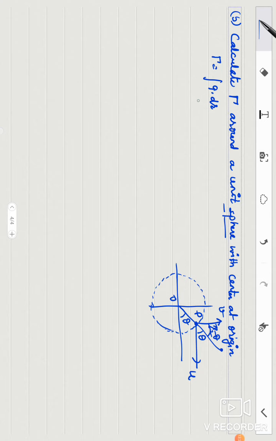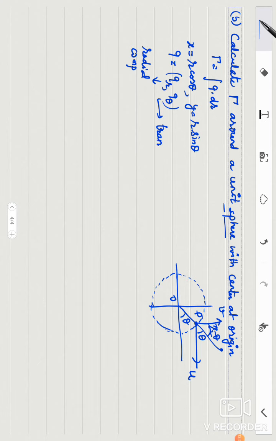In this question, if I convert it into polar coordinates, it will be more convenient. So I'll convert it into polar coordinates. That means I'll put x is equal to r cos theta and y is equal to r sin theta. Secondly, what will be q? Q will have 2 components, qr and q theta. R means radial component and theta means transverse component.